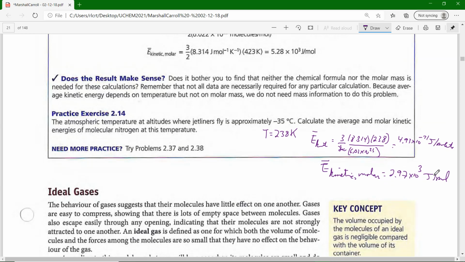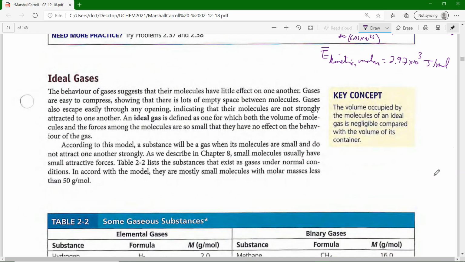Now, let's get a bit descriptive here. The behavior of gases suggests that molecules have little effect on one another. Gases are easy to compress, showing that there's lots of empty space between them. Gases also escape easily through any opening, which is known as effusion, or pinhole effusion, indicating that their molecules are not strongly attracted to